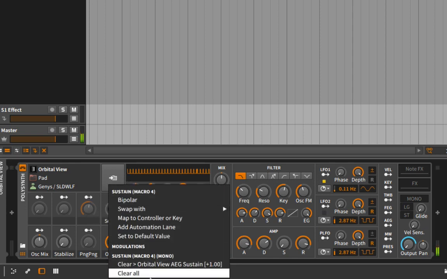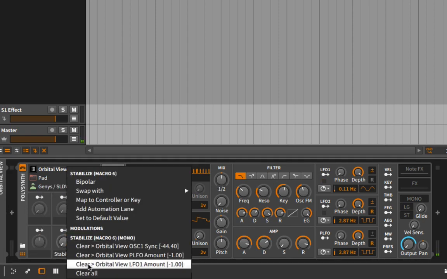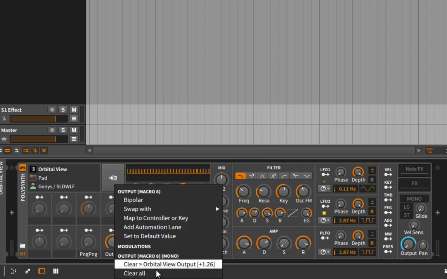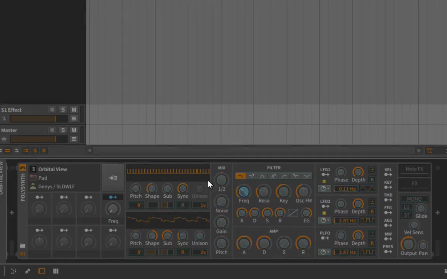And I can go in here and just clear all of these. Oscillator mix, get rid of. Stabilize, get rid of. Output, I'll even get rid of, and then I'll have to adjust that over here. And I would count these knobs, if you have macro knobs, as another modulation source, because it really is that simple. If I put this onto filter frequency, as I change this, we're going to see